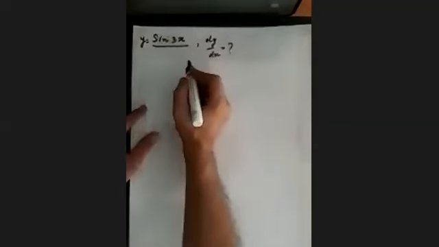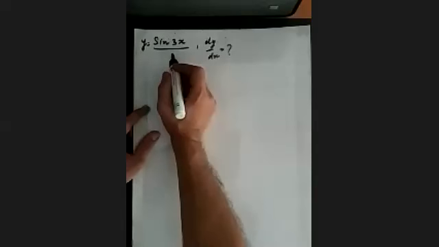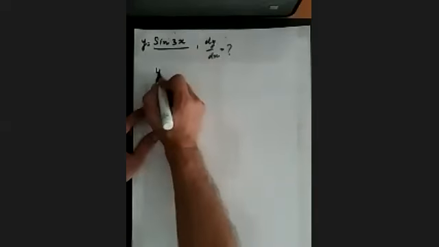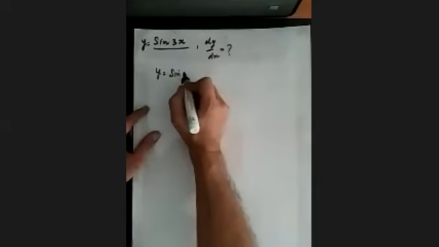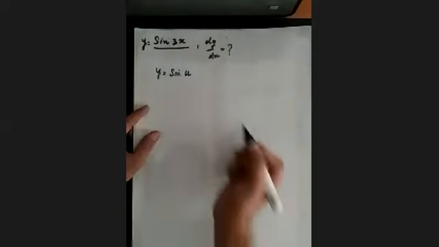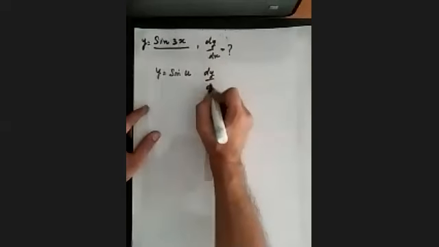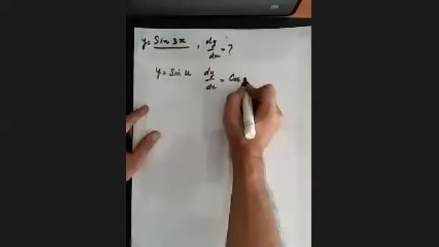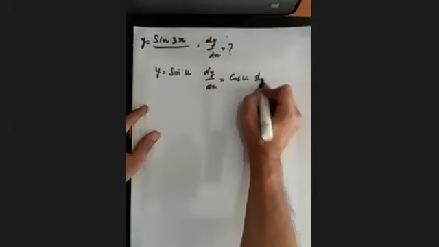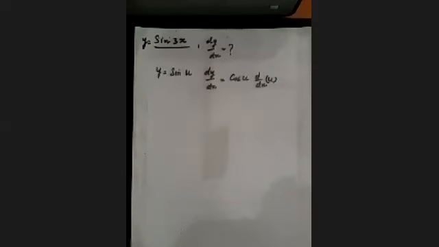So we already have discussed the standard formula for solving sine of any function, sine of any value. So here it is similar to y is equal to sine of, say, u, because u is a function of x. So dy by dx is equal to differentiation of sine u, which is cos u, and d/dx of u. So that is how we are going to solve this.